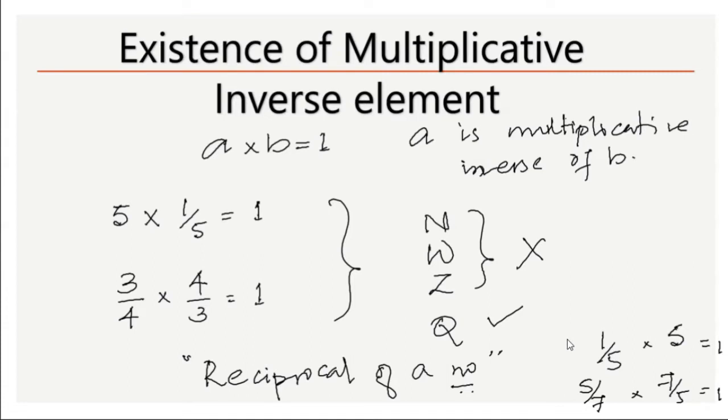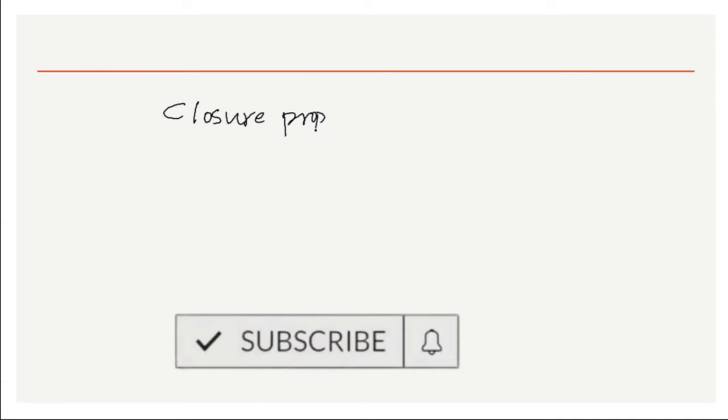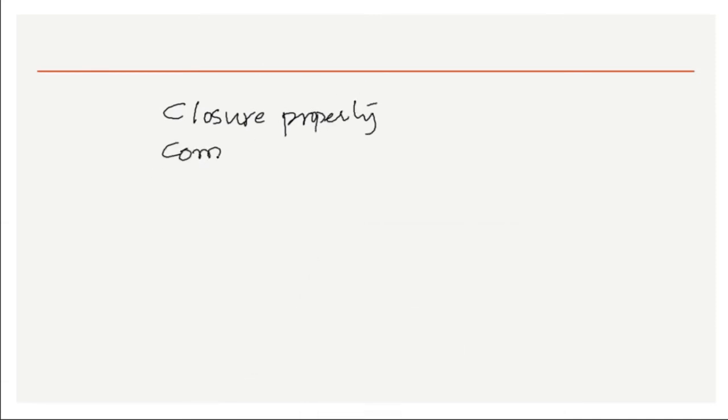Hello students, let us continue the session on rational numbers. In our previous session, we had discussed the properties of rational numbers. We have learned closure property, we have learned commutative property, we have learned associative property, we have learned distributive property,